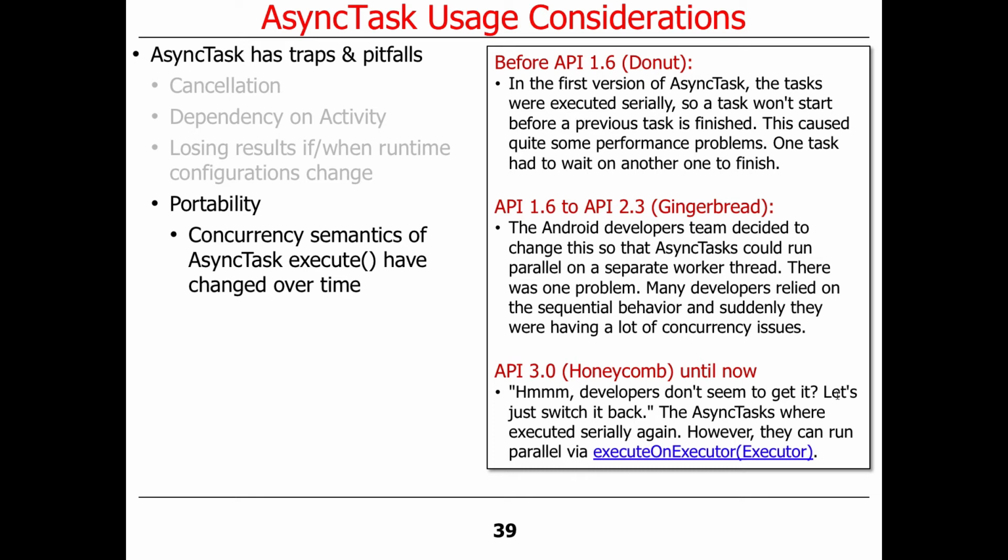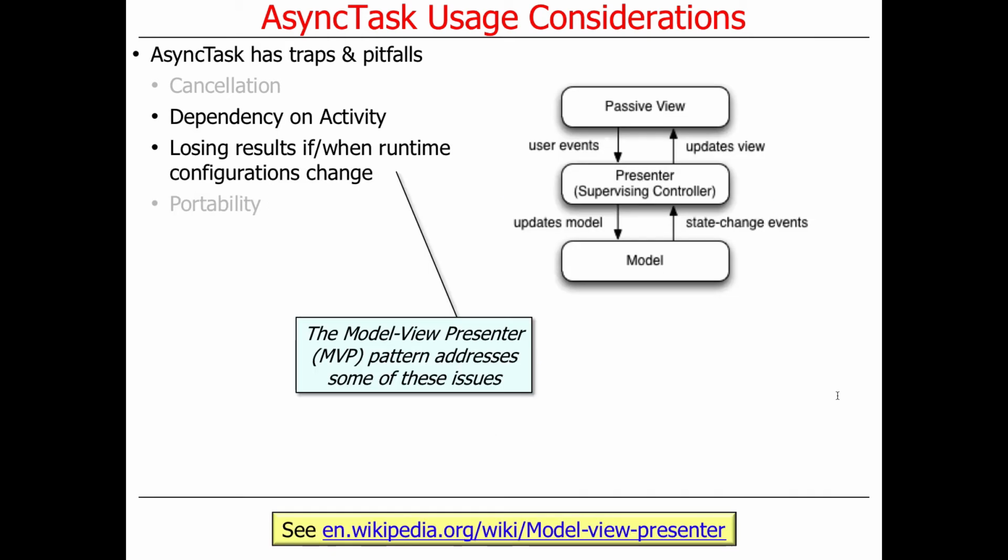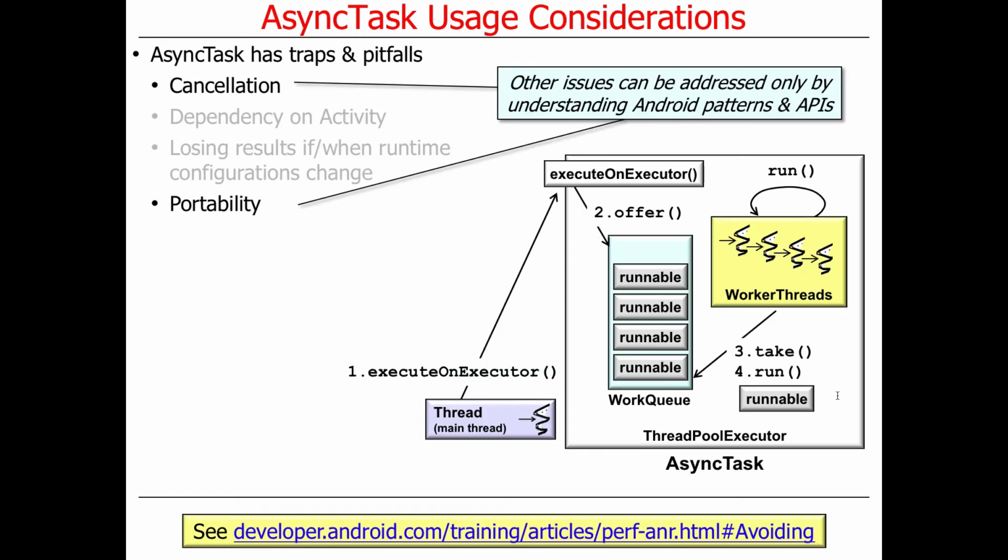This is a good example of how, when infrastructure changes, you have to be prepared to handle those effects on your application code. Some of these problems can be addressed by using the right types of patterns. So there's a cool pattern called Model-View-Presenter, which can be used to make your code impervious to rotation changes and disconnect the dependencies on activities. That's a cool approach. If you look at the code I wrote that's in the GCD example, you see that that's what it does. And then things like cancellations and portability can be addressed by understanding other Android patterns and